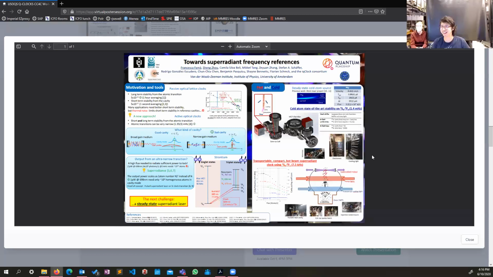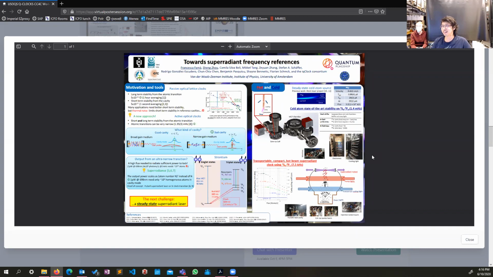Good afternoon, everyone. My name is Shen from the University of Amsterdam. I'm working on the IQ Clock project. The aim of the IQ Clock project is to build a frequency reference based on a superradiant laser. Unlike the current optical lasers, the superradiant laser is insensitive to the length of the ultra-stable cavity, and